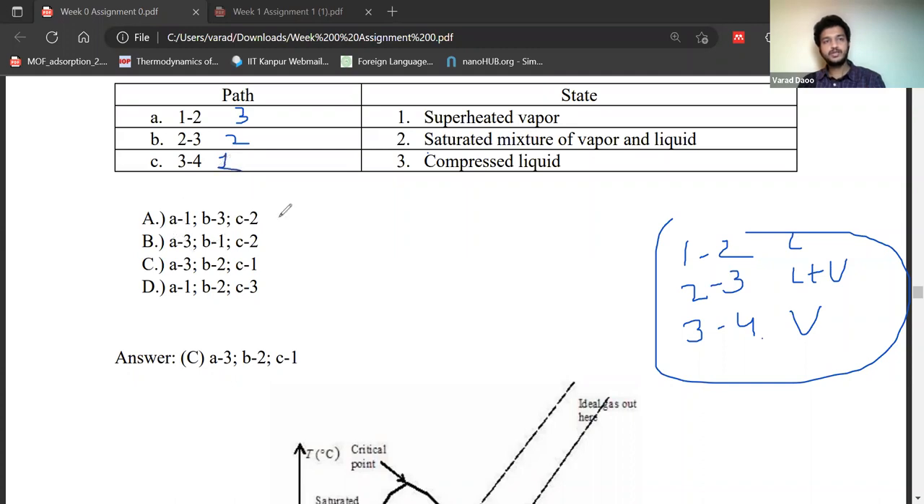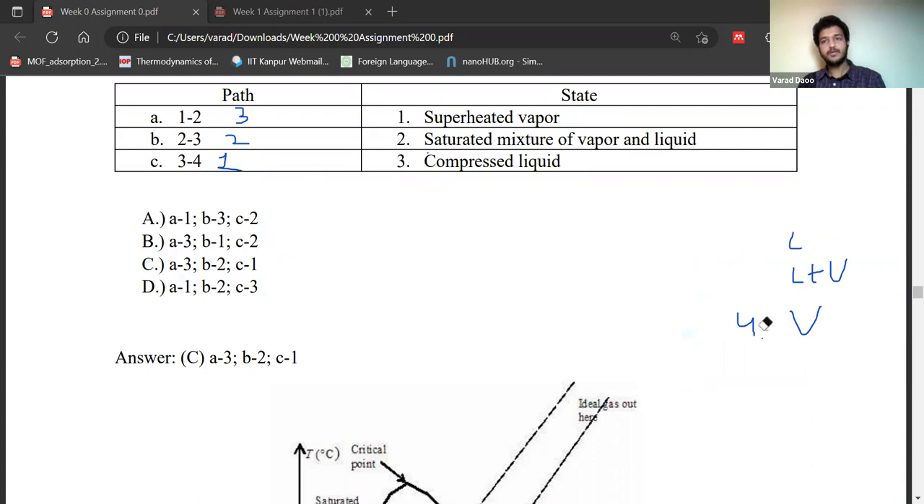Okay. So which of these is not the correct one? 3 to 1, this is also not the correct one. This is the correct one. This is not the correct one. The correct answer is option C, right? So this is what we have concluded from the normal approach. And then the other way is,